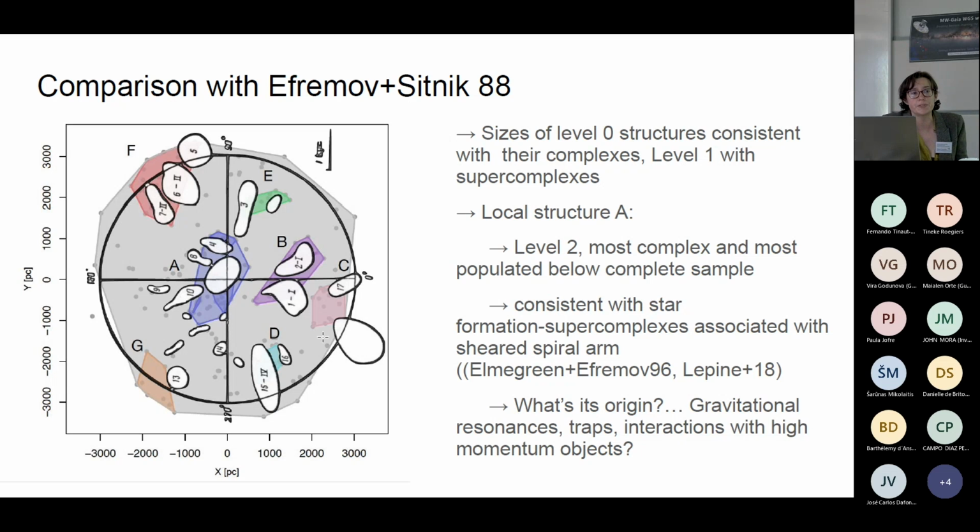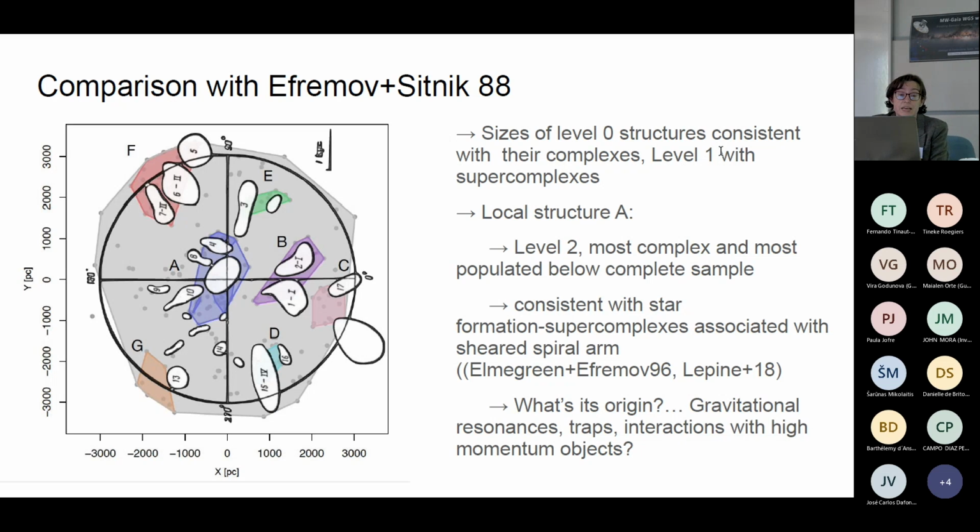Here's a comparison with the complexes and supercomplexes from Efremov and Sitnik in '88, with, of course, much lower quality data. They found complexes and supercomplexes with open clusters and associations, and the resemblance is striking. Also, the sizes of the structures we obtain correspond to their